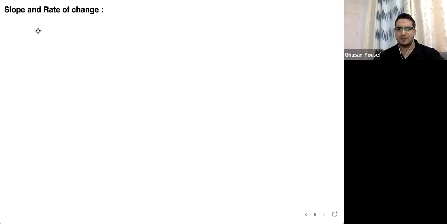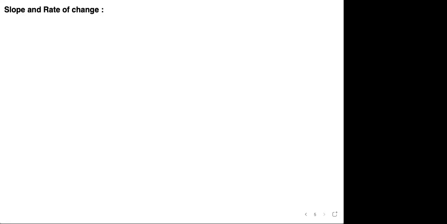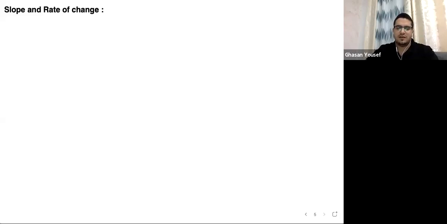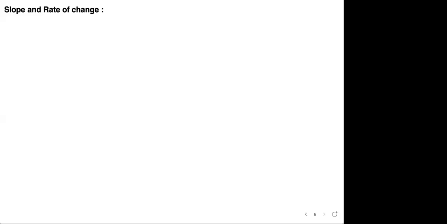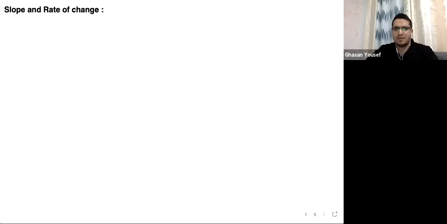As I said in the beginning of this class, for the linear function, what is the relation between the slope and the average rate of change? The relation is that if the function itself is linear, they will both be constant. Exactly. If the function is linear, both of them are constant, or both of them are equal. The slope and the average rate of change are equal. So here I can say